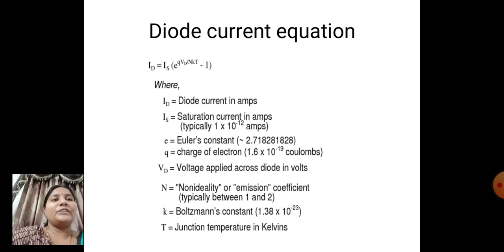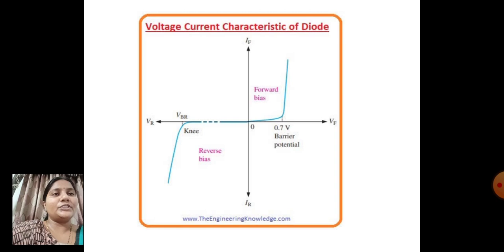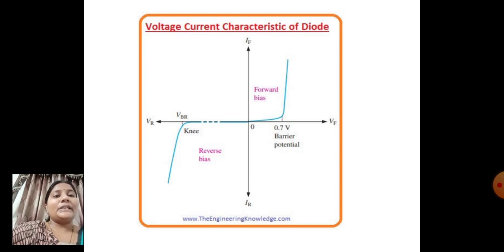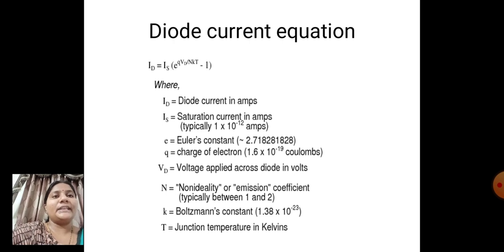Okay, so far we are clear about the PN junction diode with forward bias condition, the PN junction diode with reverse bias condition, and how the PN junction diode behaves in forward bias and reverse bias. More current conducts in the forward bias condition and very little current conducts in the reverse bias condition, in the range of microamperes only. Clear? Now, the next topic is the diode current equation.